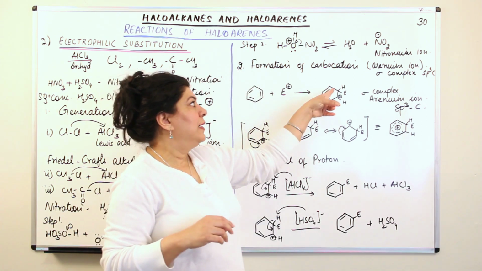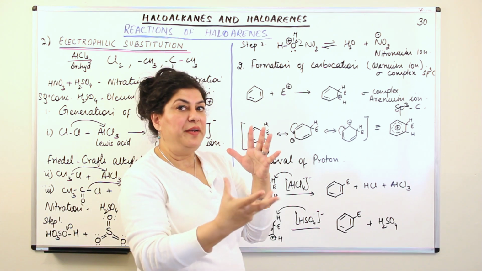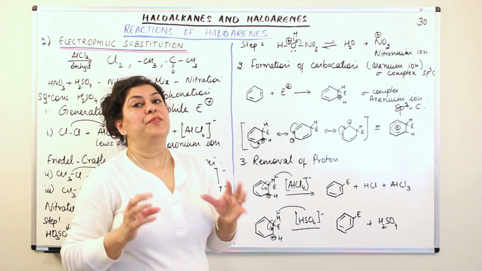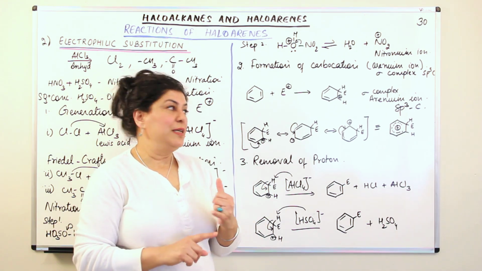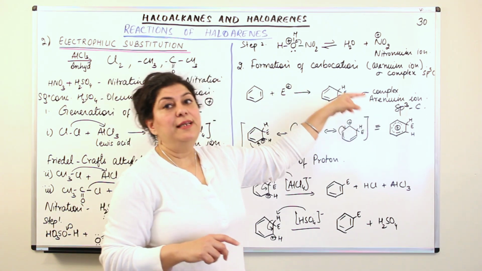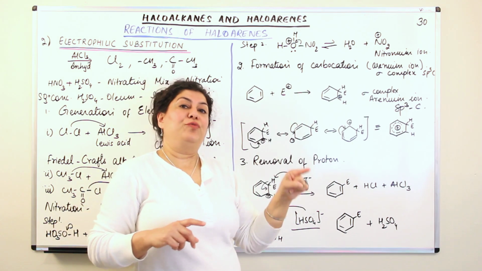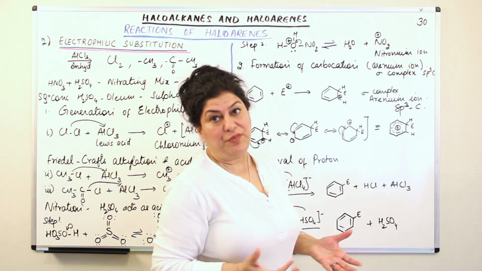So in the arenium ion, where the electrophile is attached, that carbon is sp3 hybridized. So these are 3 things that you need to remember. First, the carbocation is known as the arenium ion. It is also called the sigma complex, and the carbon to which the electrophile attaches itself becomes sp3